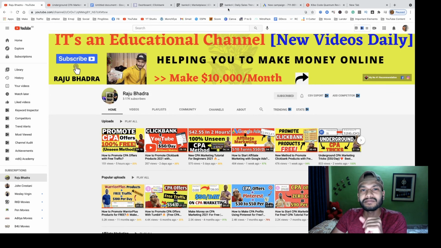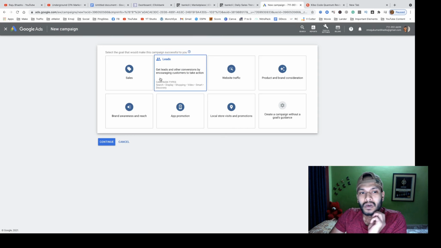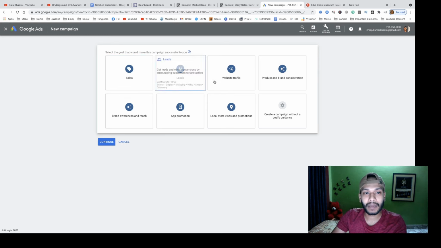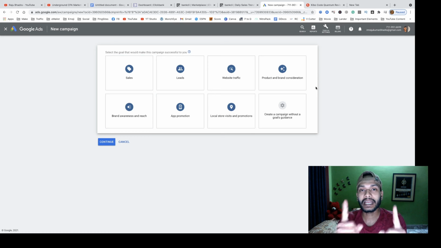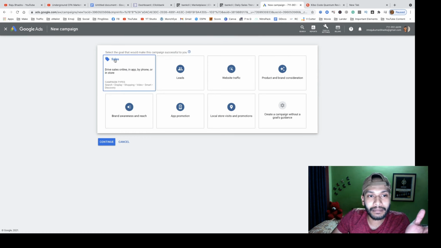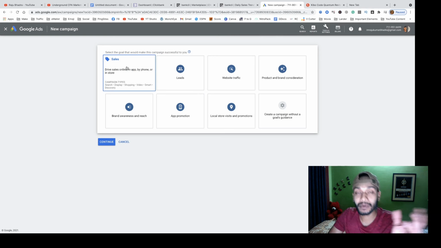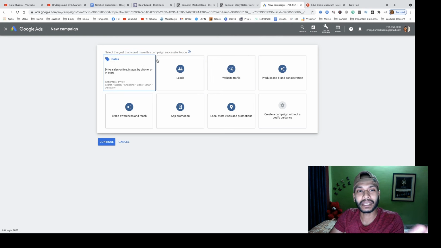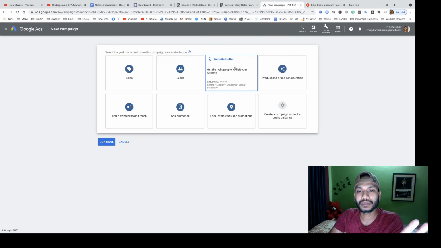Okay guys, now you have to select a target. You see eight targets here, but you have to select one, maybe sales. If you want to get sales, or you can choose website traffic, you can choose any of them.